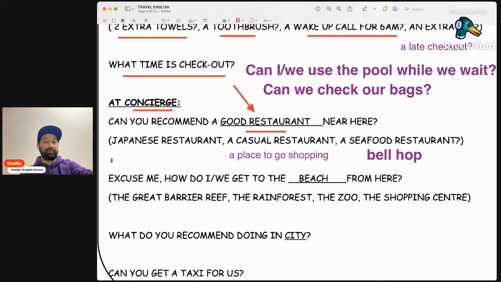They are helping people to bring their suitcases into the hotel. They are getting taxis for you. I usually like asking them because I feel they give me more honest advice, honest opinions. But the sentence is the same. Can you recommend? Can you recommend something near here?